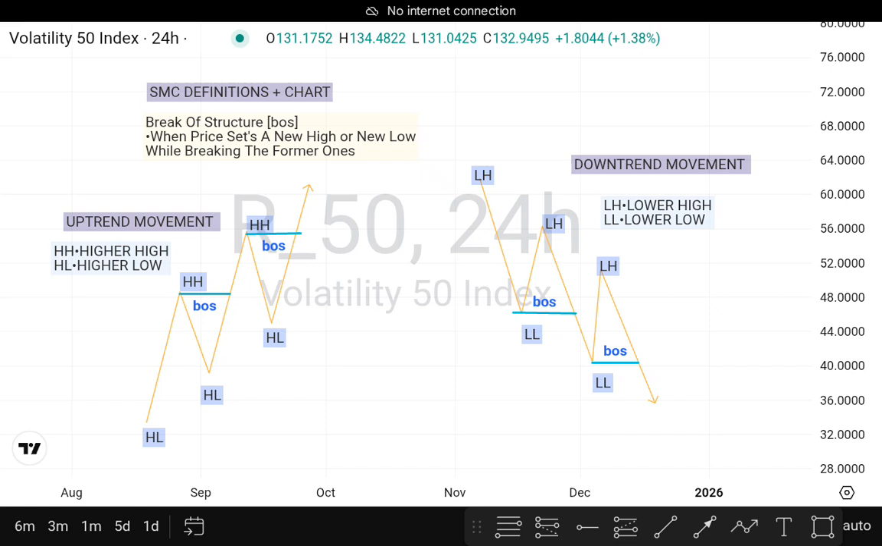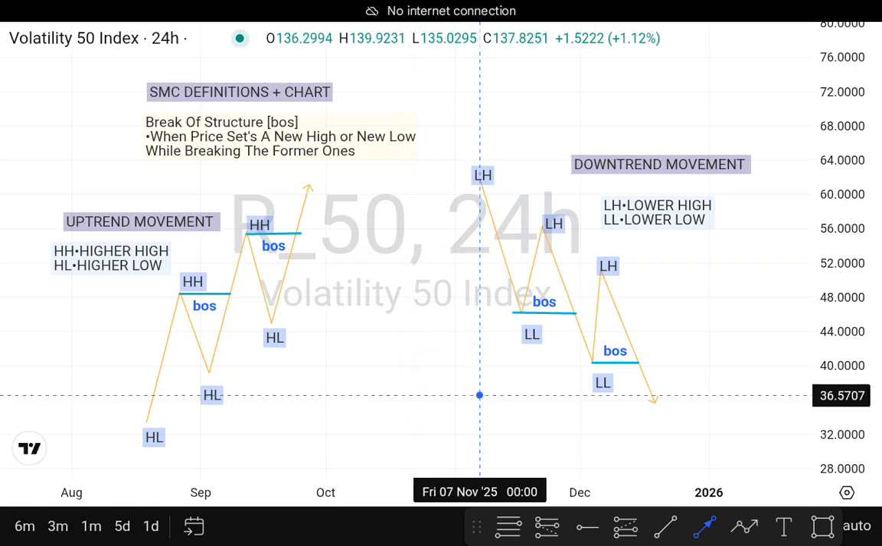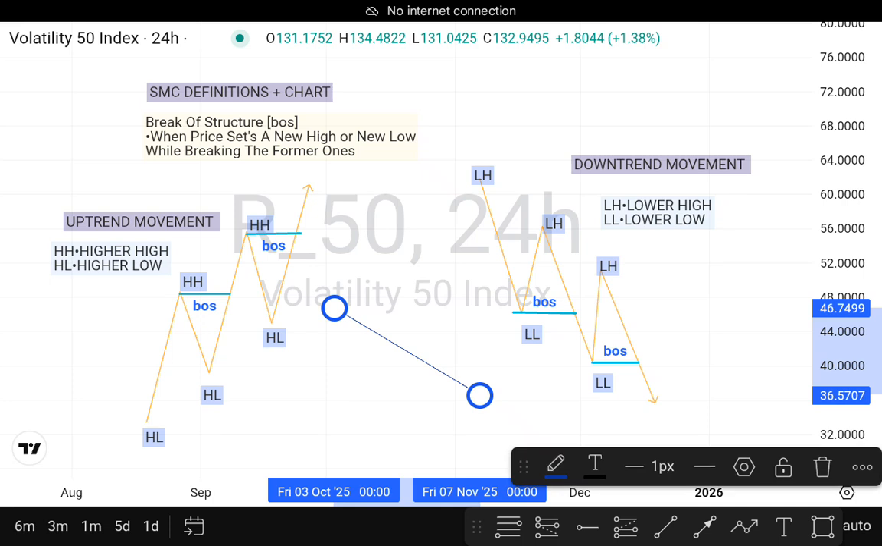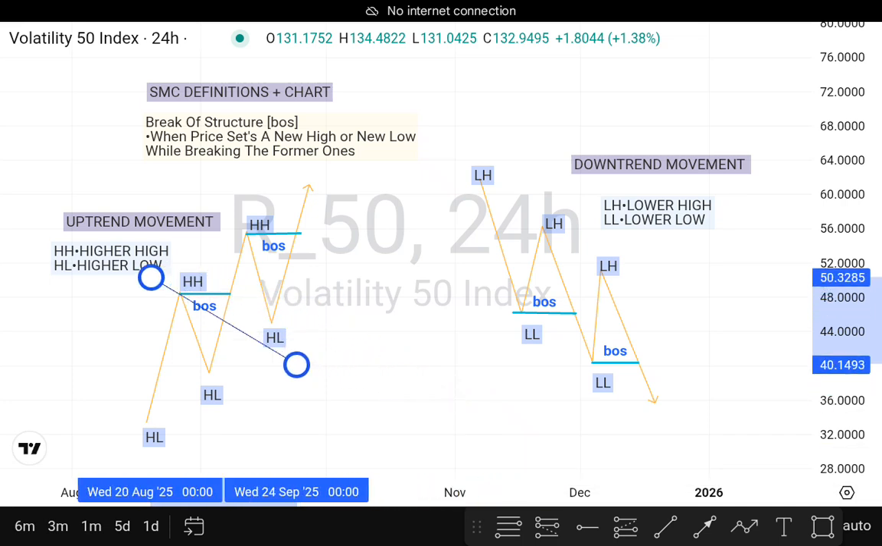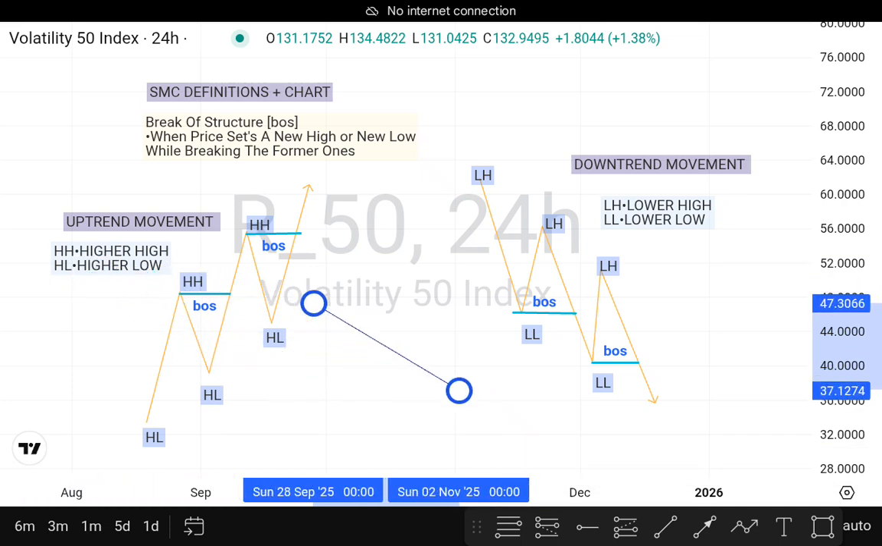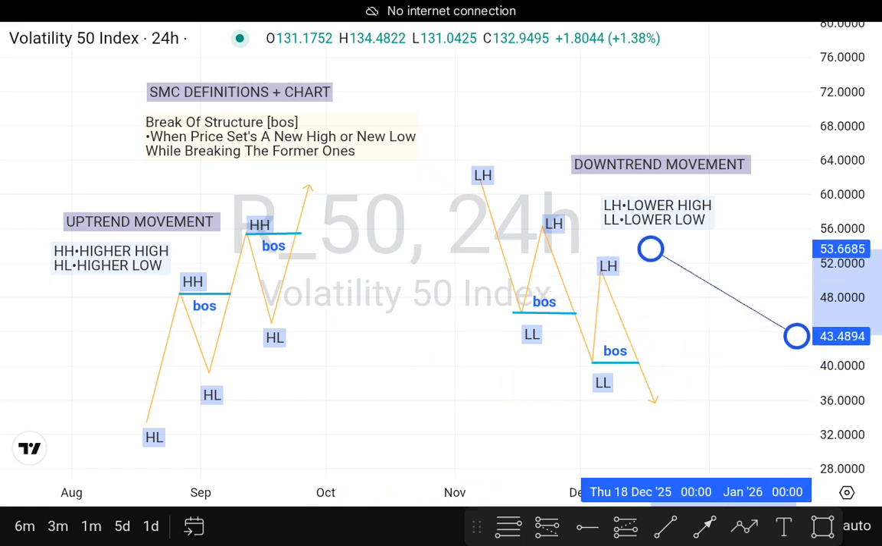Okay, how can you see a downtrend movement? How can you see this is an uptrend movement? Let's start with the uptrend movement. In order for you to see that this is an uptrend movement, it must have higher highs and higher lows. Then in order for you to see that this is a downtrend movement, it must have lower highs and lower